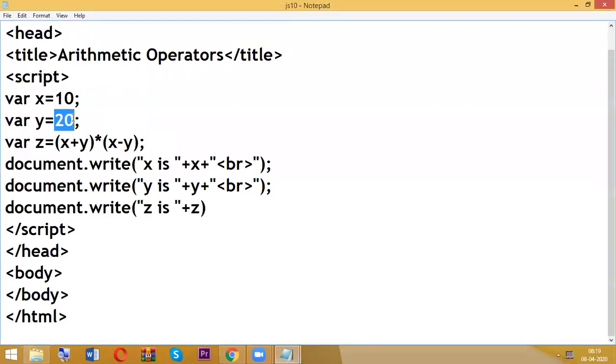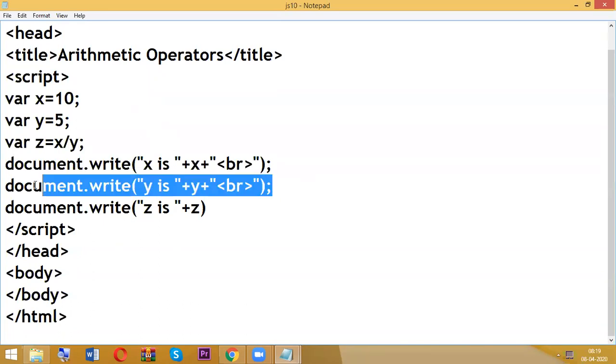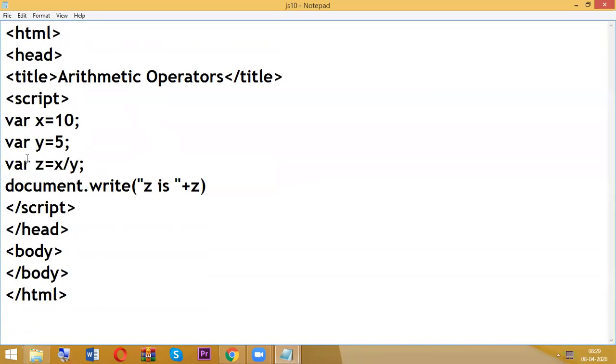The same program we will try here. So x value is 10, y value is 5. And here x divided by y, I want to display only z. So what is the result of z here? Five twos are 10, so 2 will be the result.